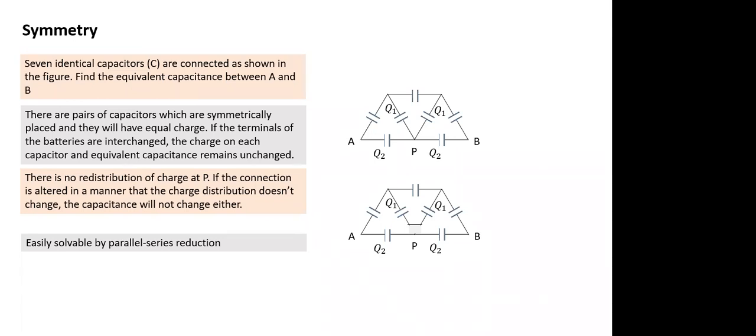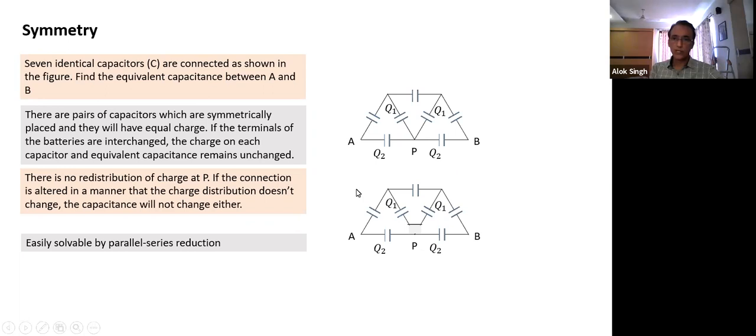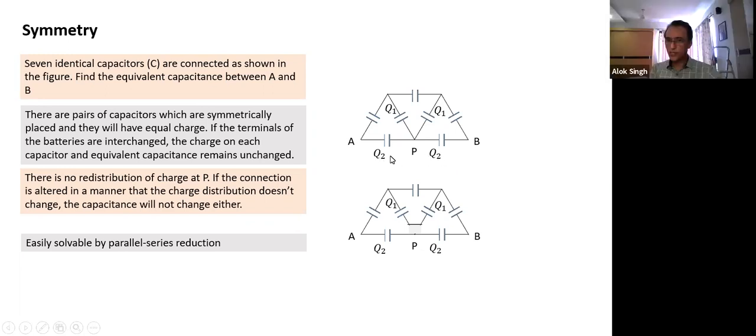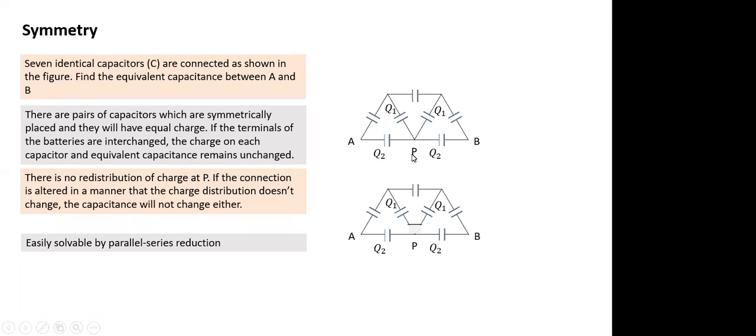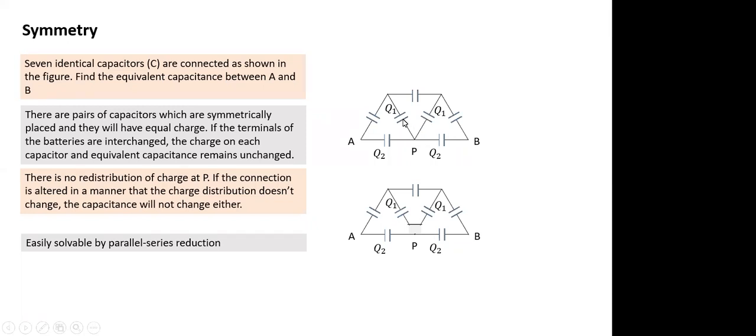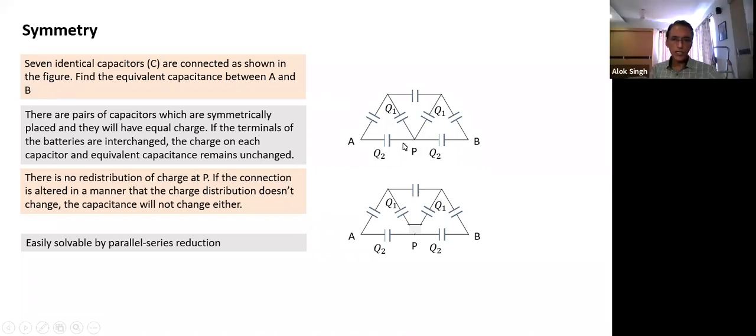Sir, how did we justify that even if we remove the junction, the charge distribution does not change? I missed that point. Okay, let me see. These two, what charge does this one have? First, we said these two are symmetrical. Both have charge Q2, Q2. So when do two capacitors have the same charge? If they're in series. What does series mean? No branch here. And what is Q1, Q1? Again, they have the same charge. Series. So see what is happening: this junction is there, but because of symmetry, the junction is not playing the role of redistribution of charge.